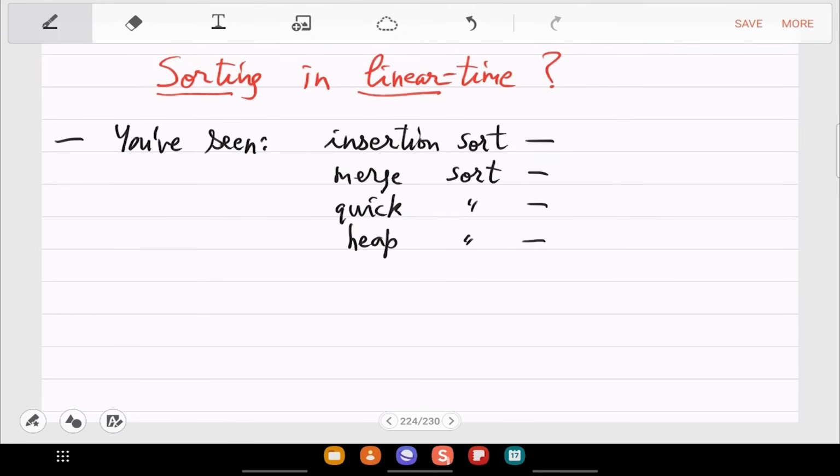For insertion sort on an array of size n, how much time does it take? Insertion sort is a very basic idea. You look at the ith element and try to fit it in the previous sorted elements 1 to i minus 1. So it's basically 1 plus 2 plus 3 up to n. So that is order n square, an arithmetic progression.